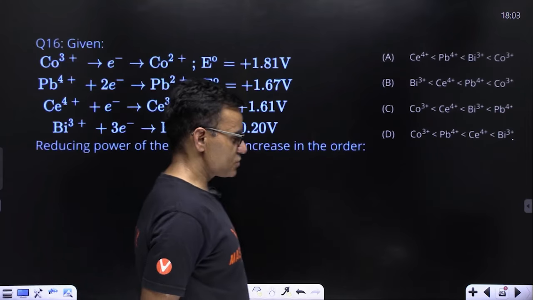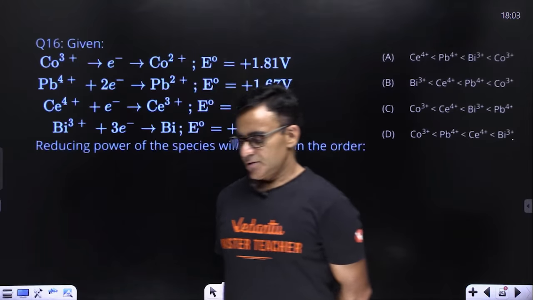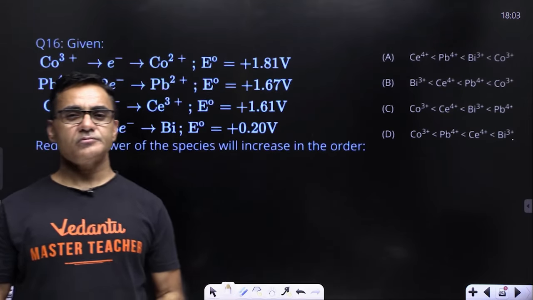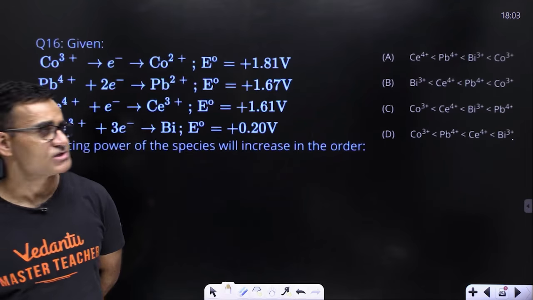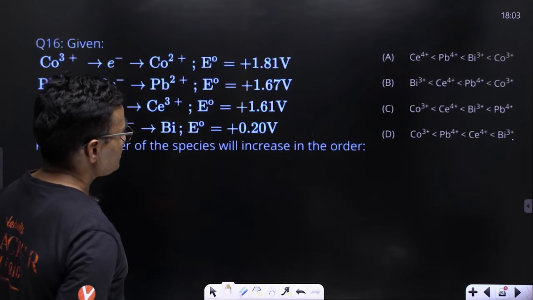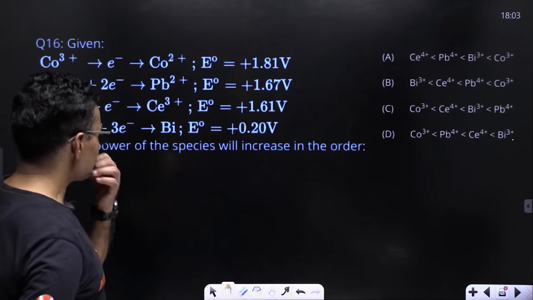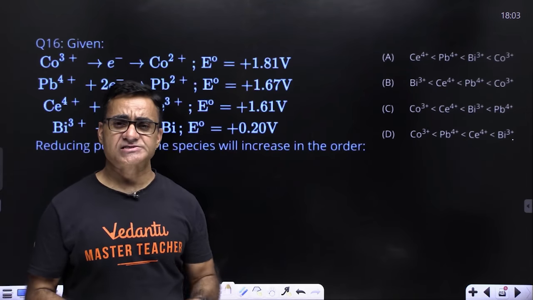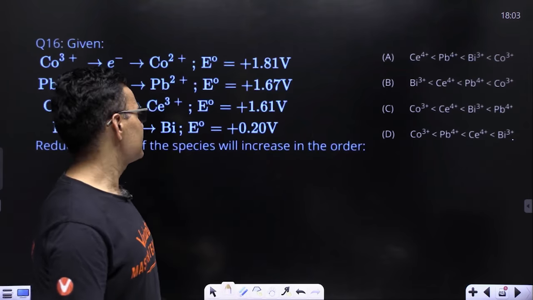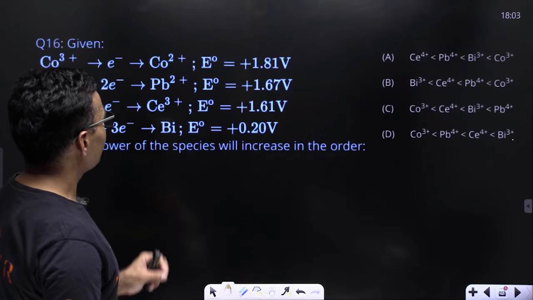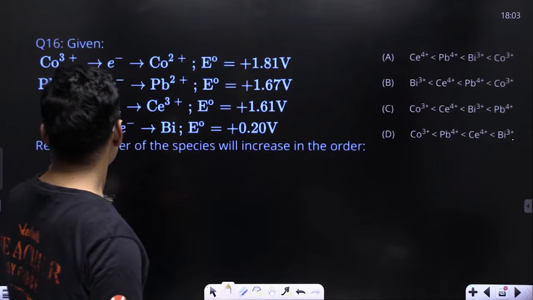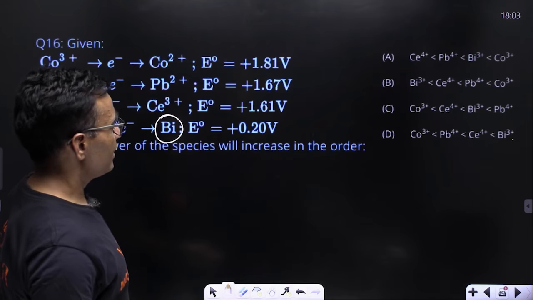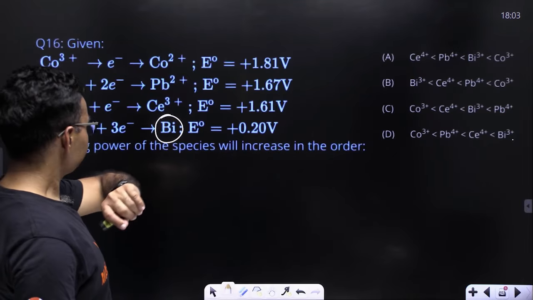नेक्स्ट क्वेश्चन में अलग अलग मेटल्स के... इस क्वेश्चन में अलग अलग मेटल आयंस का रिडक्शन पोटेंशियल, स्टैंडर्ड रिडक्शन पोटेंशियल दिया है और आपसे पूछा है कि इनकी जो रिड्यूसिंग पावर होगी वो किस ऑर्डर में होगी। We all know lower will be the value of SRP, better will be the reducing agent, राइट। तो सबसे कम जो SRP वैल्यू है बिस्मथ आयन की है, so bismuth is going to be the best reducing agent। ऑल राइट, एक ही ऑप्शन है, आंसर तो आ गया D।